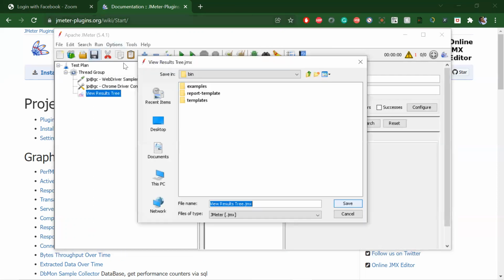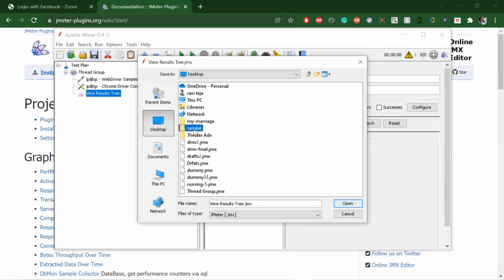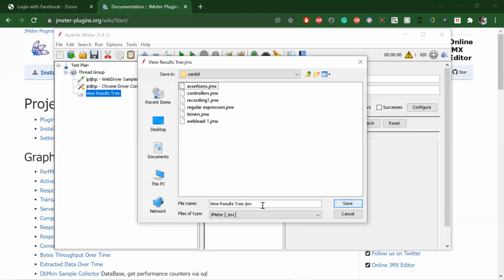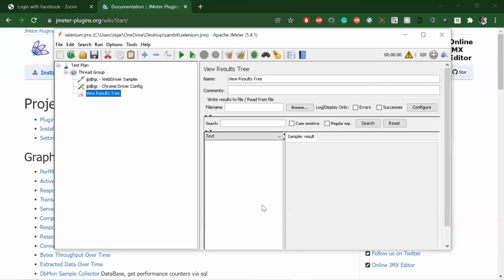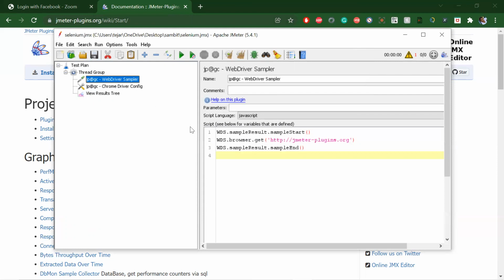Let's save this. Okay, so in the code, what I have written is simple. You should always use the first line and last line in your code, because that's how JMeter will calculate the time.